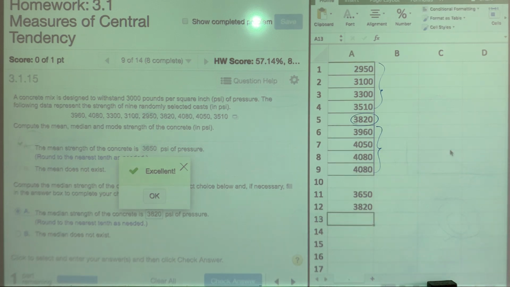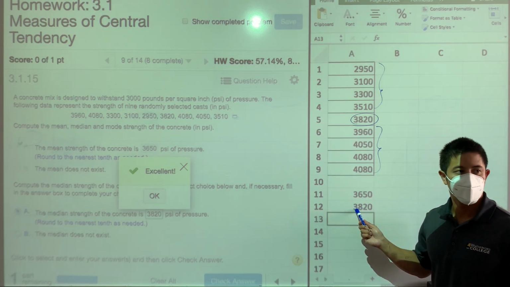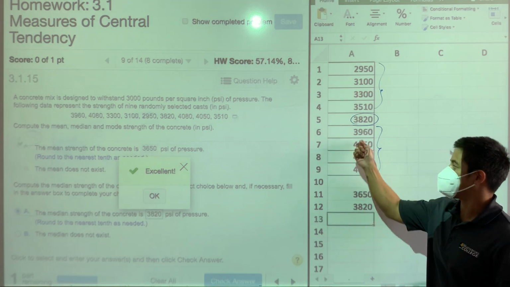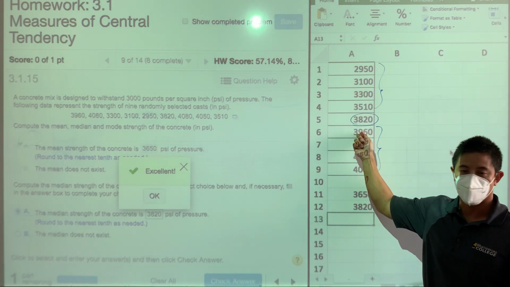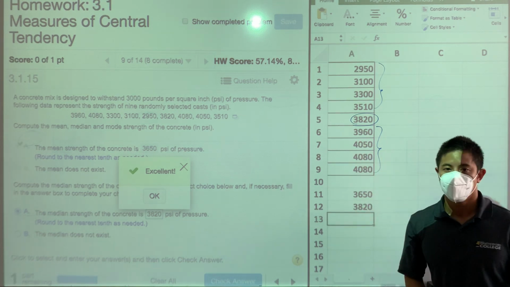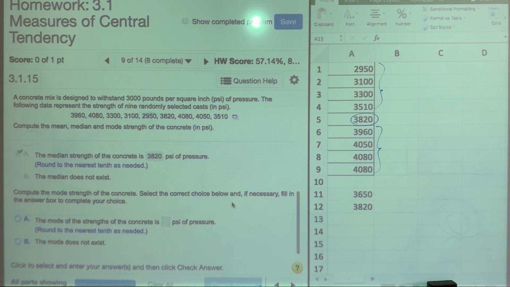Make sense? Do I have to sort the data set before using that command? No. I didn't have to sort it at all, but the reason why I sorted it is because I wanted to show you guys. Okay? So, mean, median, and that'll do it for you. All right. So now, last one, mode.